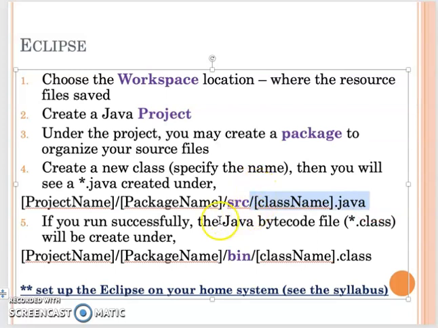After you successfully compile your Java source file, it becomes a Java bytecode file. They will have the same file name, but the extension is .class. So this .class actually is the binary file. This .class file is located at a similar location as your Java file, under the project name and package name. Then you see the subfolder is bin,